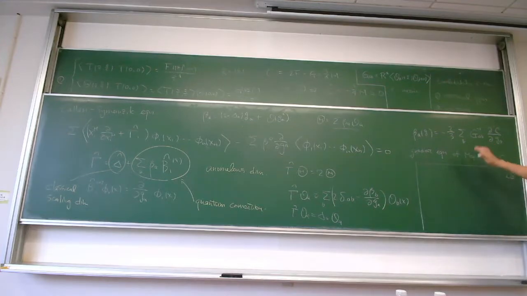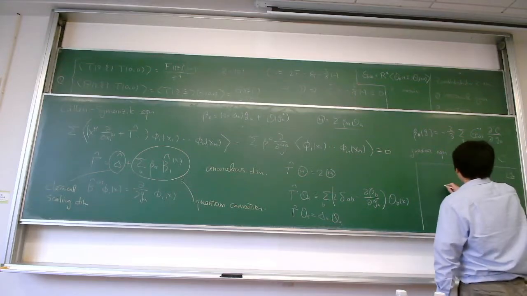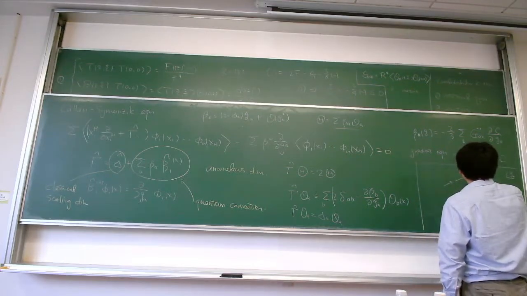GAB is a metric on this space of coupling constants, and you have the gradient vector field,